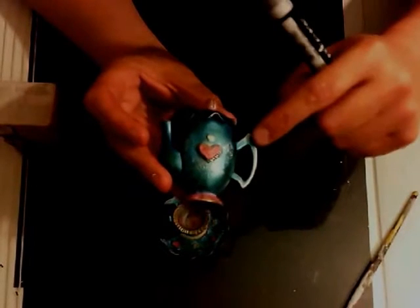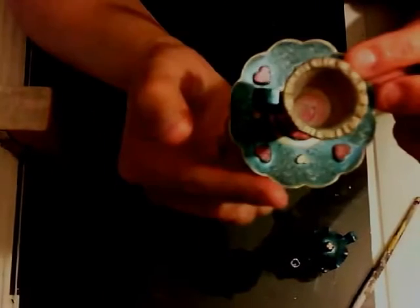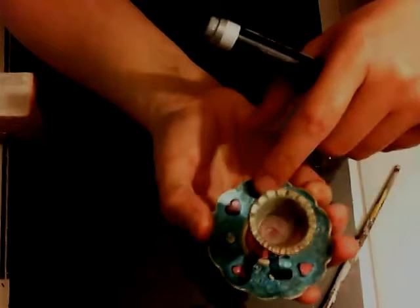So I went around the edge. I went around the edge of the handle and the spout and along the edge of the base of the teapot. And then for the teacup and saucer, I went around the edges of the saucer with this paint pen, around the edge of the cup lip, I should say, and around the edge of the handle here. And I did color some of the smaller hearts gold